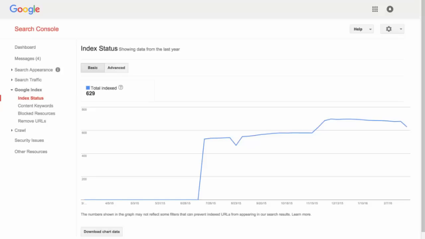That's normal, that happens, but you want to get your number close to the total number of pages that you have on your website. And ideally, as you're adding additional content, you should see this number continue to rise as well. Now, if you are seeing a lower number of pages than you would be expecting, or it's not near that 100% mark, then you